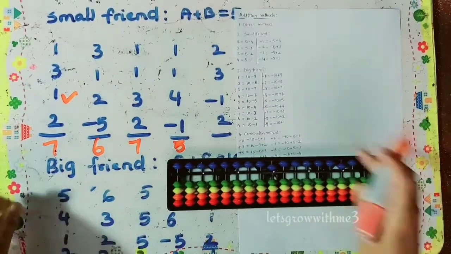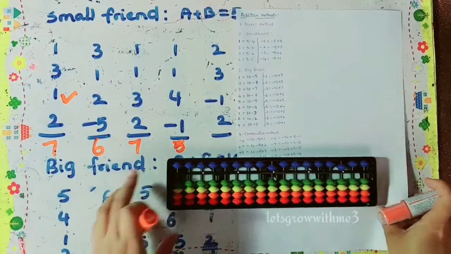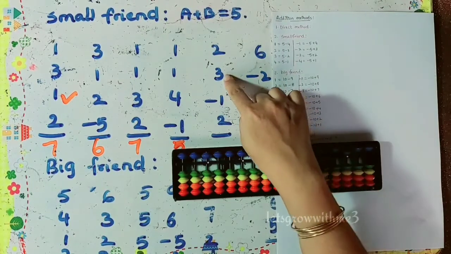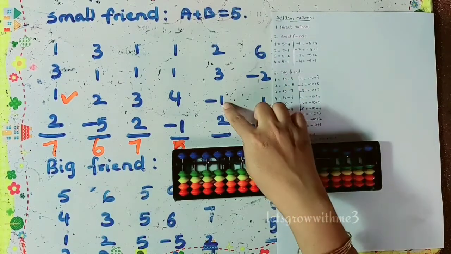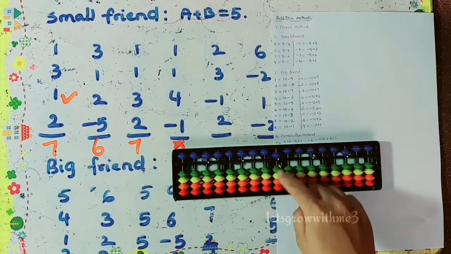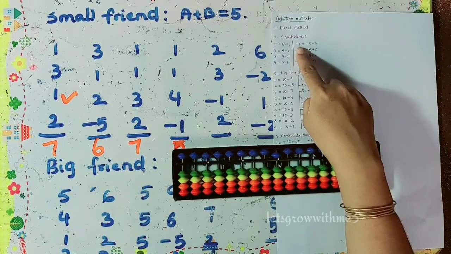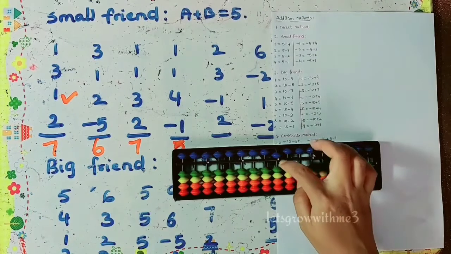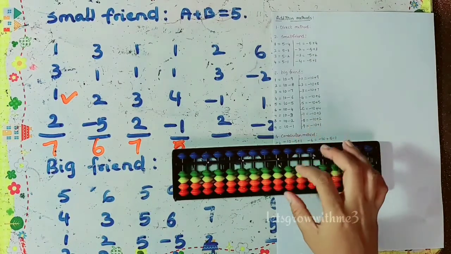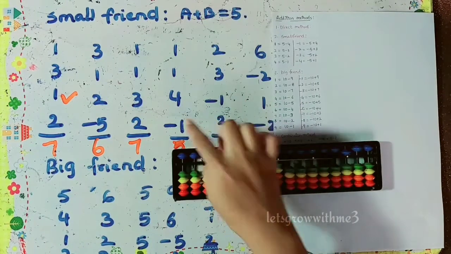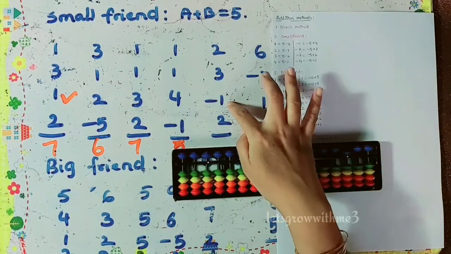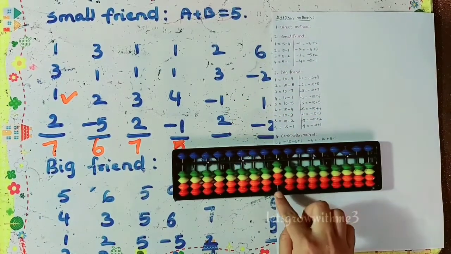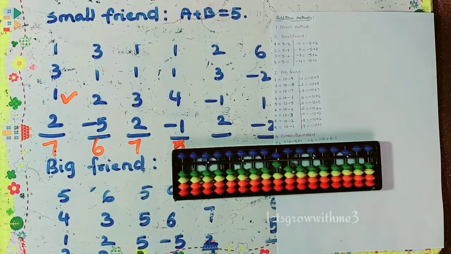Next, after that, next question, 2 plus 3. So how to add plus 3? You can't add direct method, so we need to go for small friend method. What's a small friend saying? Plus 5 minus 2. So then minus 1. How to do minus 1? We can't do minus 1. We don't have lower bit. Then we need to look for the negative formulas. Minus 5 plus 4 means take out 5 then add 4 to get minus 1. Correct, right? Minus 5 plus 4. Yeah. Then we need to do, I think, plus 2. Yeah, minus 1 finished, then plus 2. So how to add plus 2? Plus 5 minus 3. So the answer is 6.